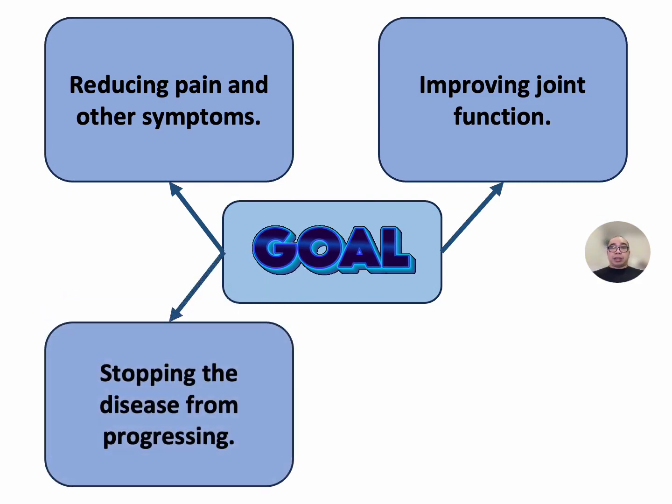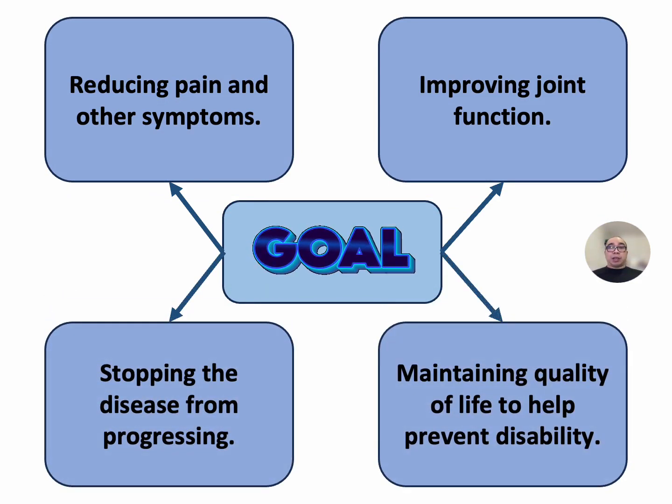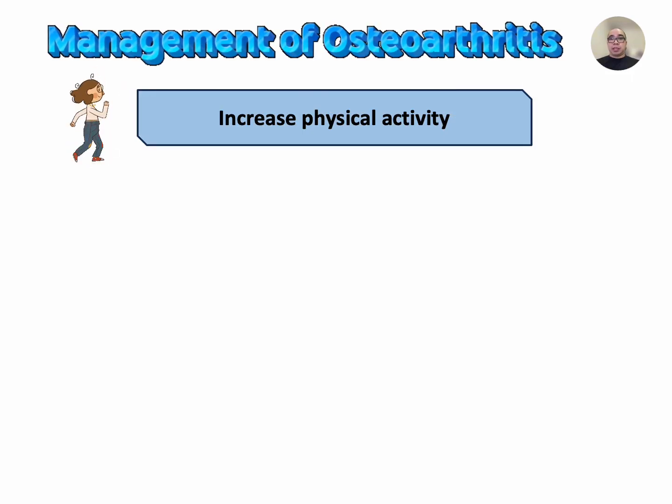The primary goals of treatment for osteoarthritis include reducing pain and other symptoms, improving joint function, stopping the disease from progressing, and maintaining a health-related quality of life to help prevent disability. There is no cure for osteoarthritis. Doctors usually treat osteoarthritis symptoms with a combination of therapies, which may include the following: increasing physical activity such as exercising,